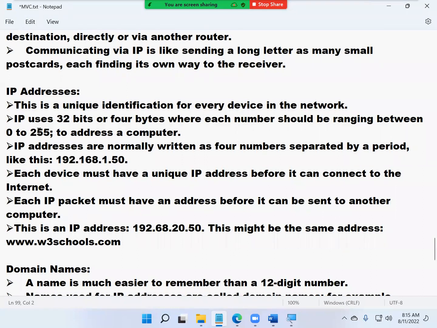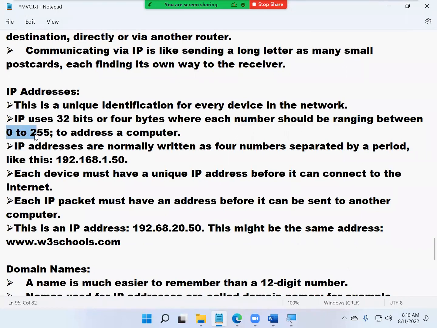This IP address is a 32-bit numeric value, 4 bytes, divided into 4 sections. Each section is 1 byte. It uses 32 bits or 4 bytes where each number ranges between 0 to 255.